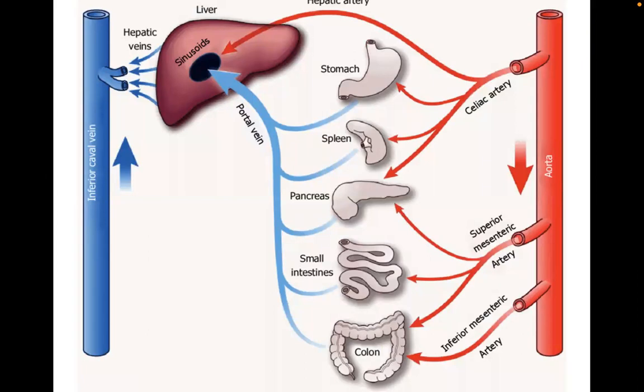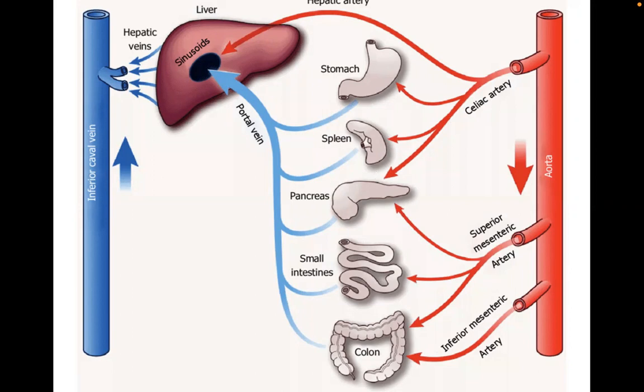And this is where how it goes through our body, right? So from our aorta, and I assume you know about this because you've learned about the cardiovascular system, we have fresh oxygenated blood from the left side of the heart, the left ventricle. It is ejected through the aortic valve into the aorta, and that brings fresh blood throughout the whole body. So we have arteries that are feeding the actual organs like the spleen, the stomach, the pancreas, small intestines. So we're talking about here, for instance, the small intestines and stomach, digestive system organs, right?